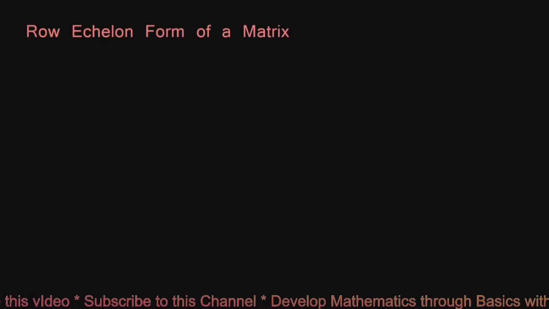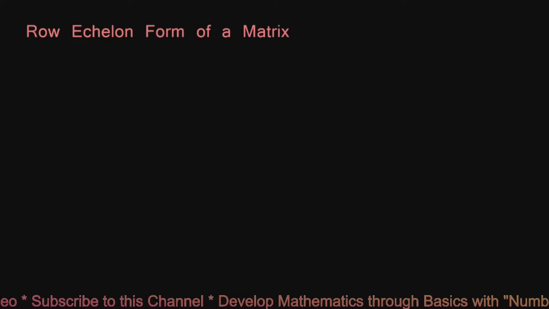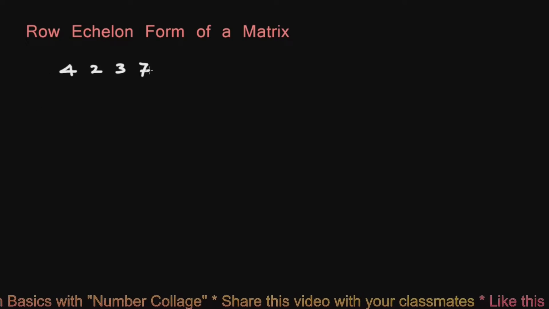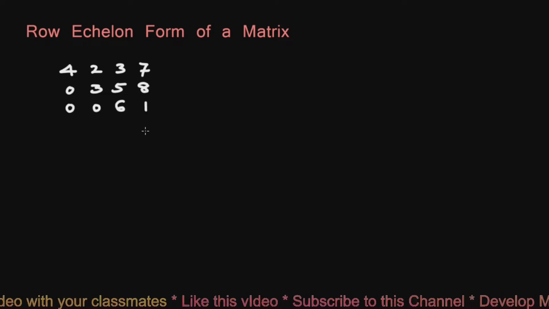Let us understand what is echelon form of a matrix. And first, let us understand what is a row echelon form of a matrix. A matrix of the form 4 2 3 7, 0 3 5 8, 0 0 6 1, 0 0 0